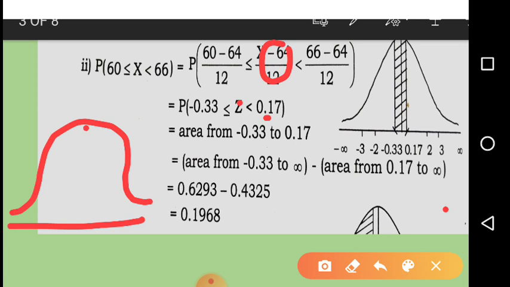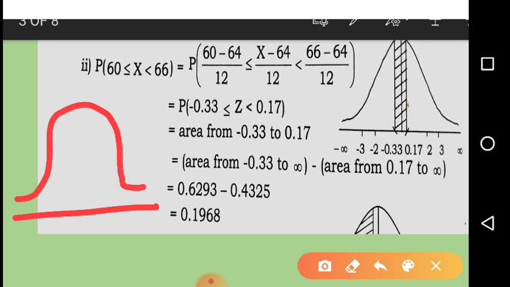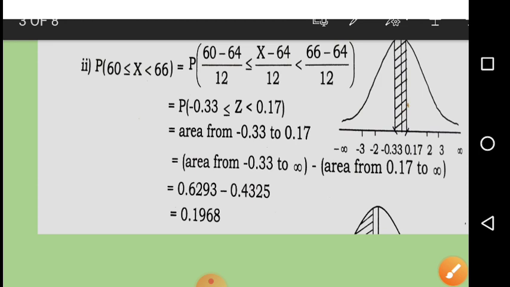Sorry, this did not come out correct. Wait, I'll draw it again. A small bell shape, it still did not come out correct. You draw it like this. Write here 0. Here there is plus 1, minus 1, plus 2, minus 2. Draw. Now your area is, see, 0.